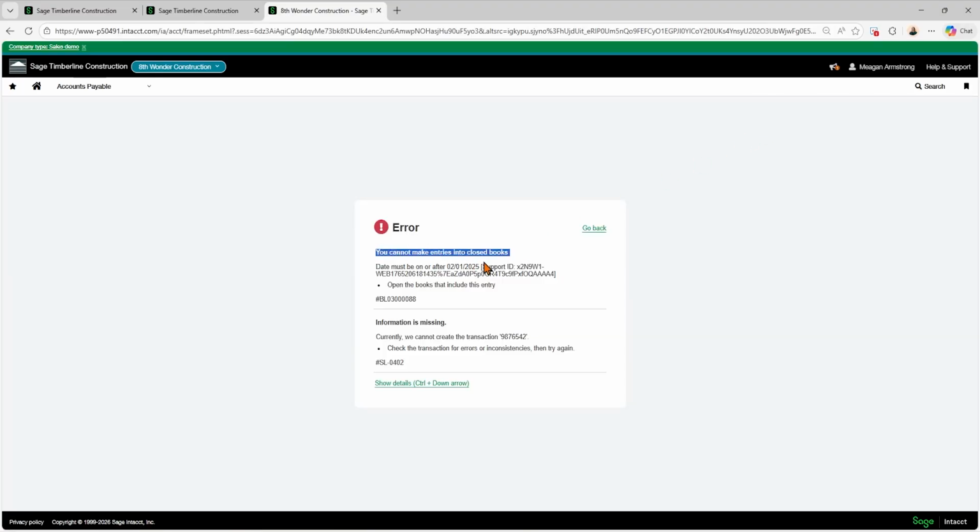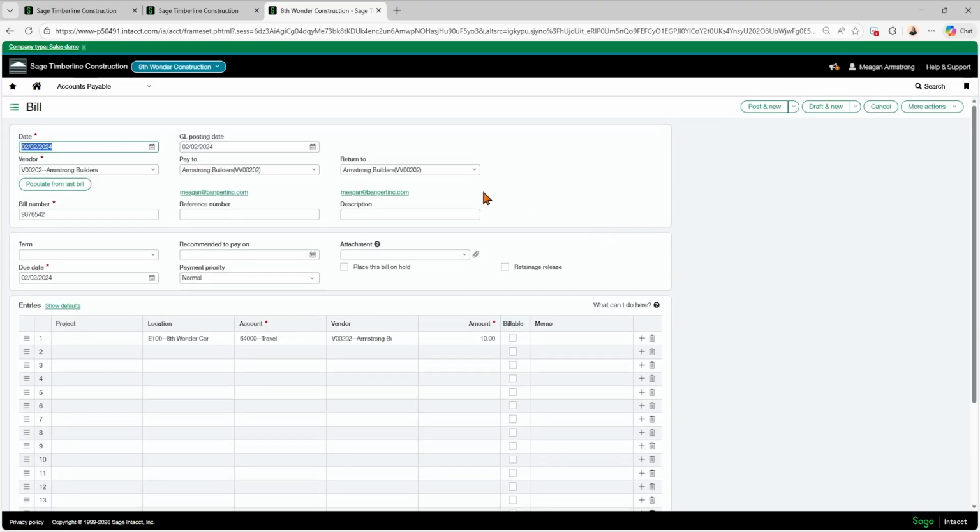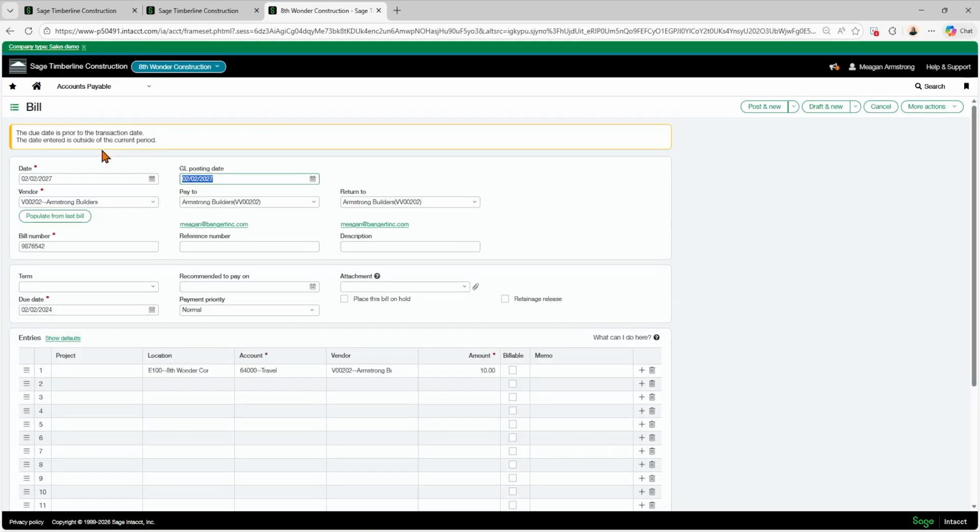You cannot make entries into closed books. Totally fine. That's what you get, even if they're locked or unlocked. But we'll go back, say I fat fingered it the wrong way and did 2027.